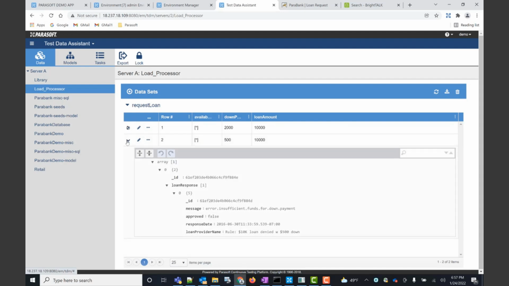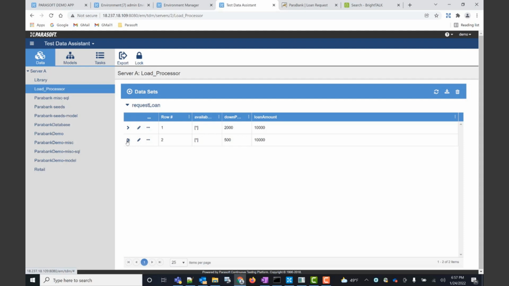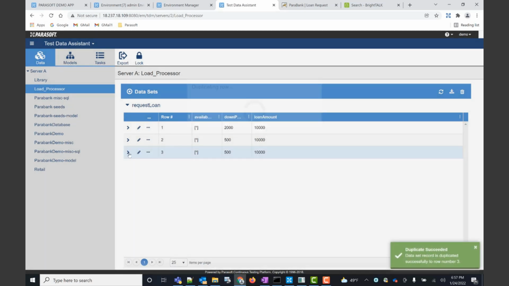Now the point is that currently, the way the database is configured, it can only handle the scenarios for which it has data. And so this is the magic that I want to show you: I can copy this row. It's easier just to duplicate the row and then change the data.